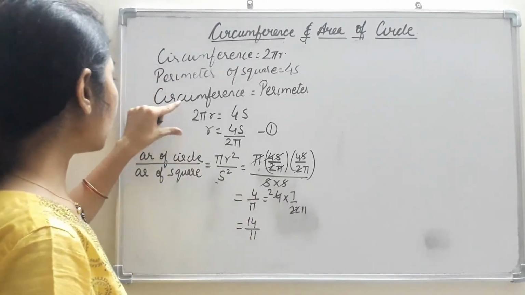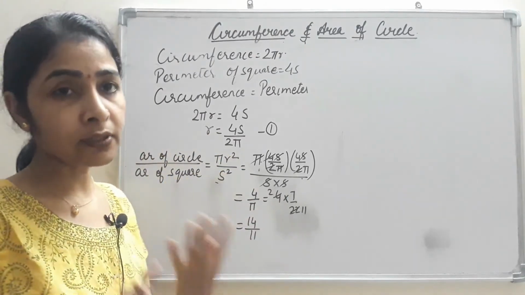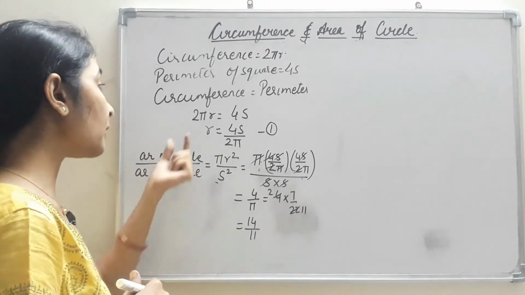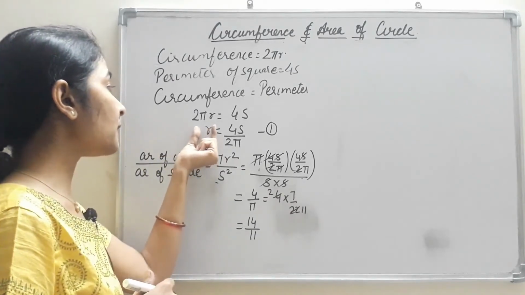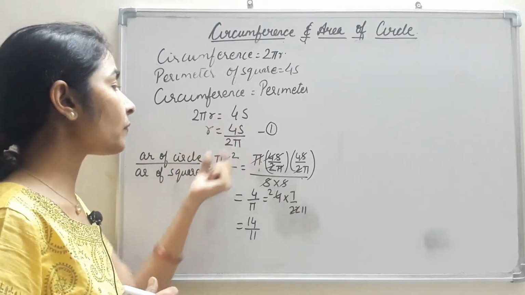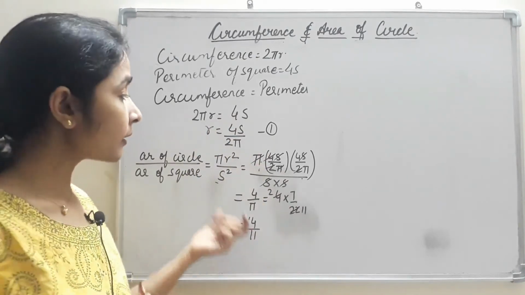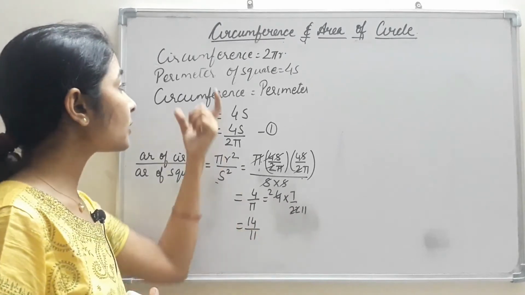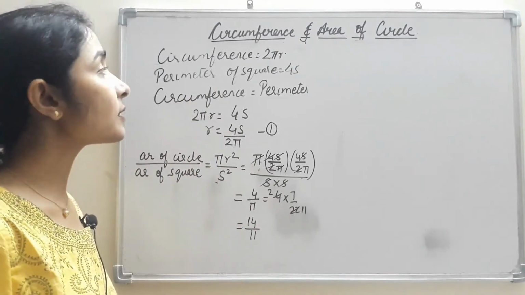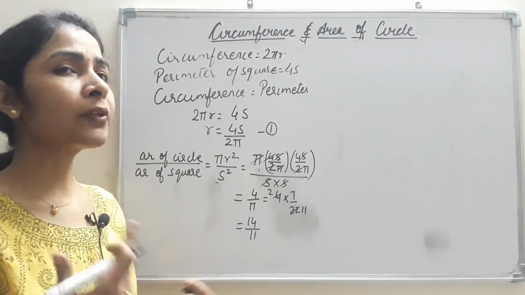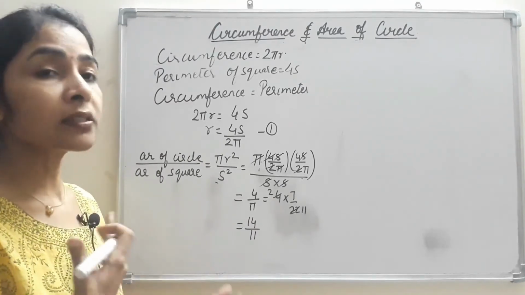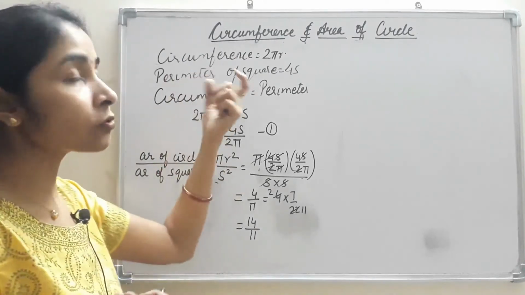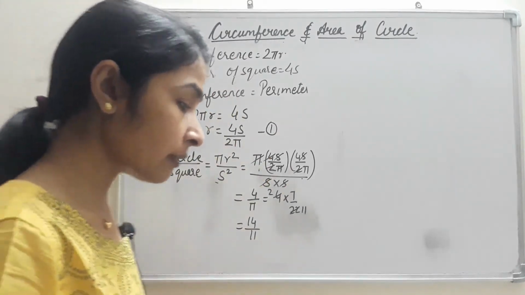So what did we do? We calculated like an equation in two variables. We used the substitution method. The same thing I have done here. That means I calculated the value of r in terms of s and then I substituted in the next equation. So like this we get the ratio of the areas when we were given the circumference and perimeter. That means a kind of ratio between the circumference and perimeter was given and we calculated the ratio of areas. Though the ratio was 1:1 because we were given they are equal.